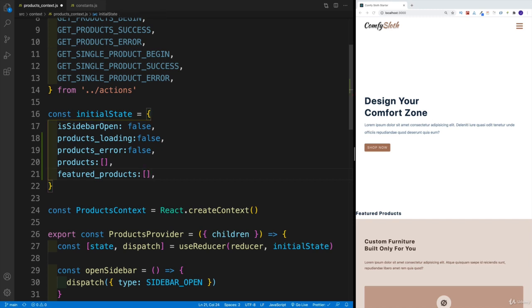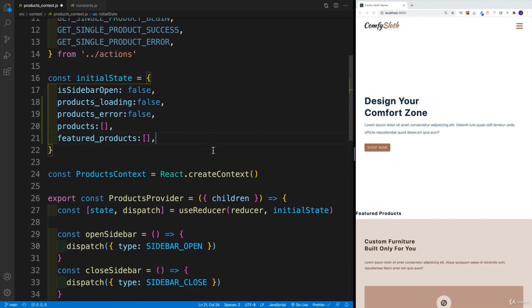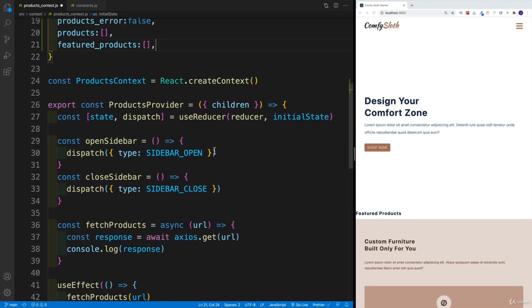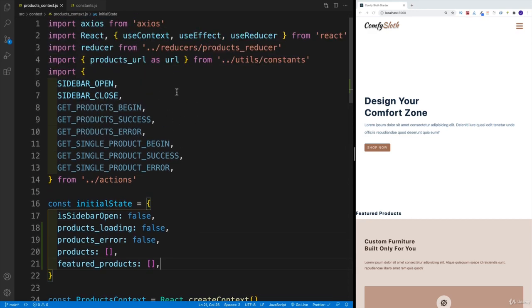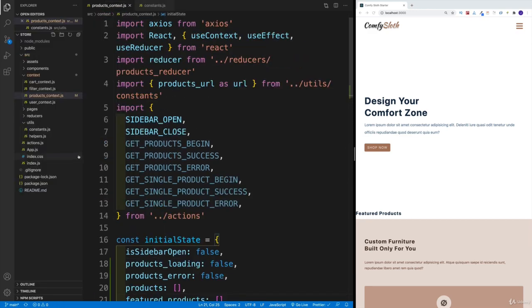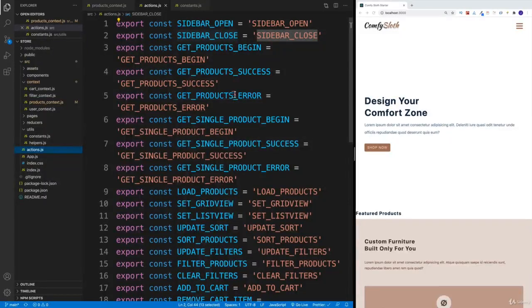There's going to be 3 more properties for single product. So there's going to be loading, error, and product. And we can add them right now or we can skip it. Doesn't really matter. I think I'm going to skip it for now and we'll add them later once we start dealing with single product. So that should be our start. Then, of course, for every action I would want to do, I would need to set up the actual action variable, correct? And you can probably already guess that that is already taken care of.